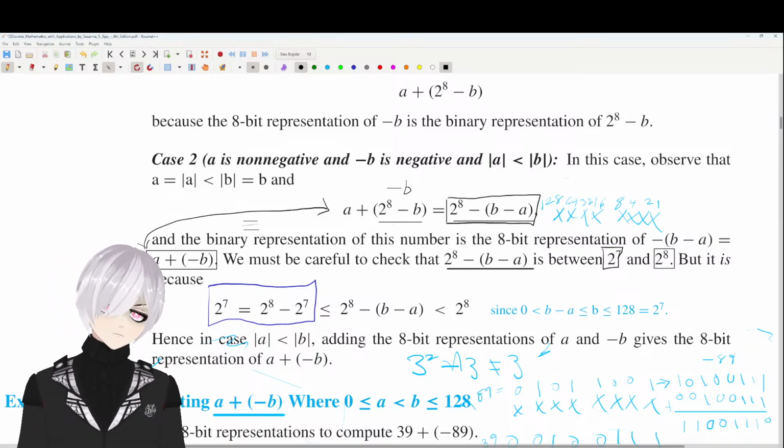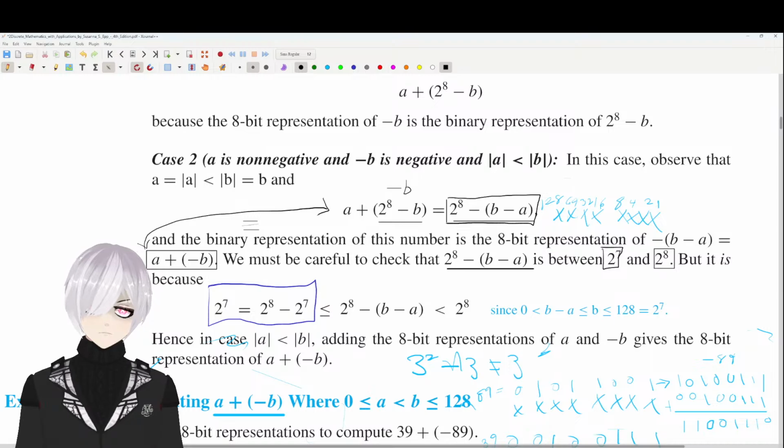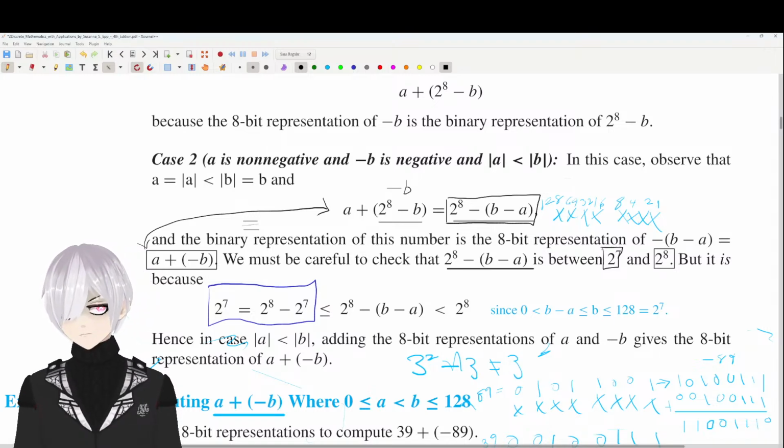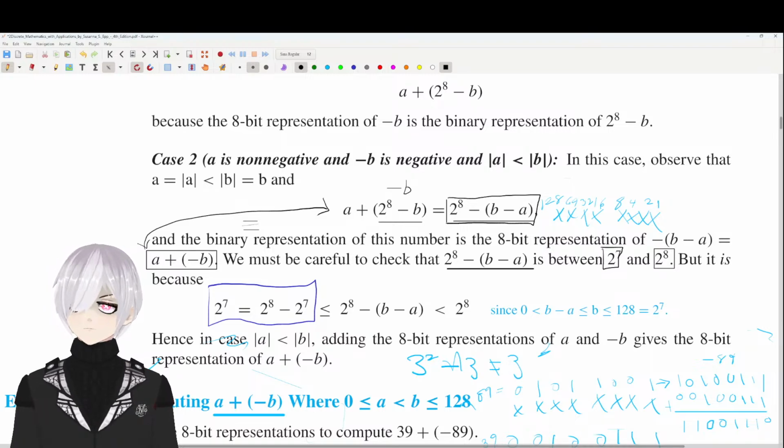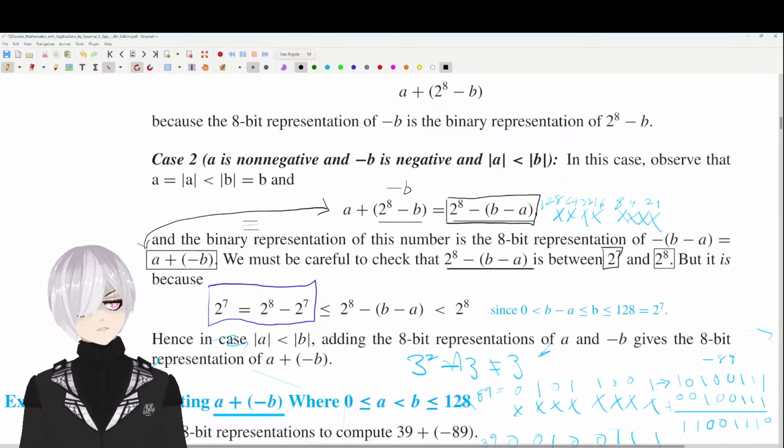Yeah, because we know that b is greater than a, so we have some bigger number minus a smaller one, and that can't be zero because you're subtracting one number from a different number, a bigger positive number minus a smaller positive number. So it's 2 to the 8th minus something positive, which will be less than 2 to the 8th. And why isn't it a problem that